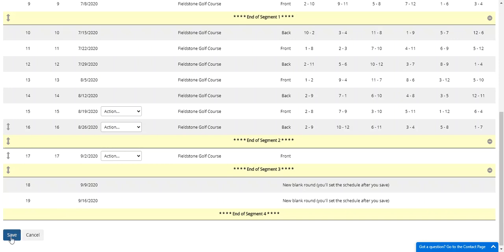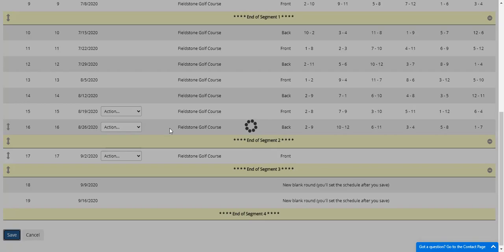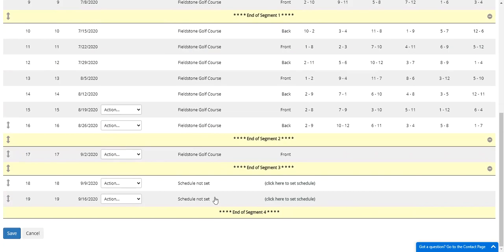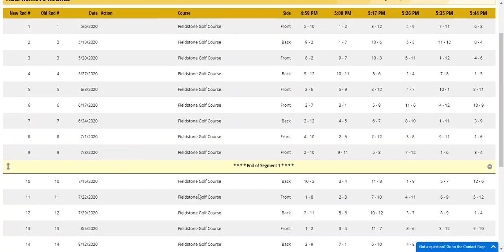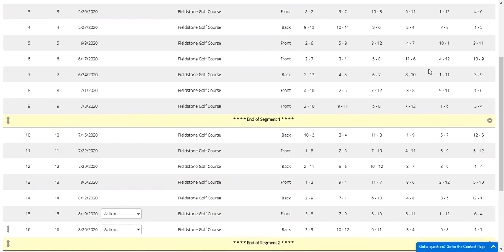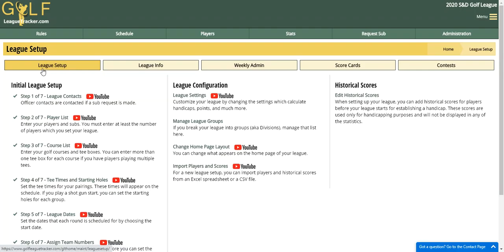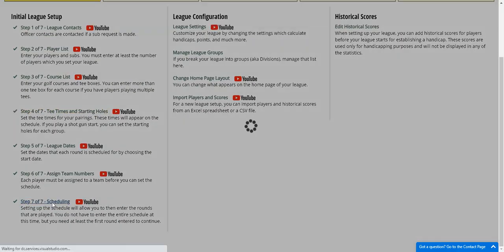So now I'm going to click Save. And it asks you if you're sure. I'll say yes. And you can just scroll down. It saved it. And we can verify what's going on here. So now I need to set my dates. So I'm going to go up to Administration, League Setup, Scheduling,